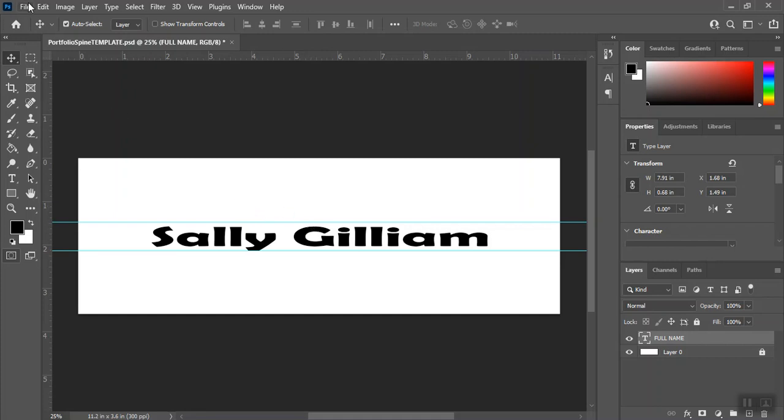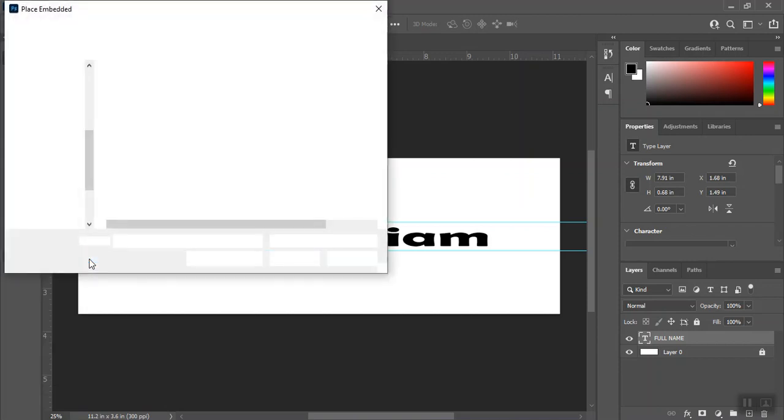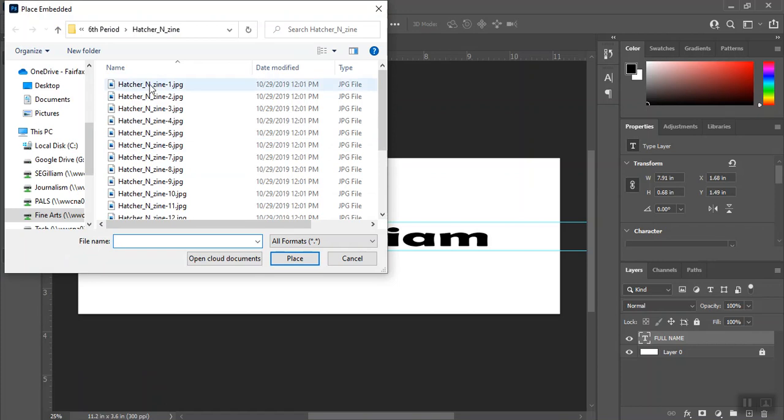So you could download an image that you would like to use, or you could find something that you've already made in Photoshop. Once you have your image downloaded onto your computer, you're going to go to File, Place Embedded. Place Embedded is going to embed the photograph into the document. So File, Place Embedded, and I'm going to choose a picture